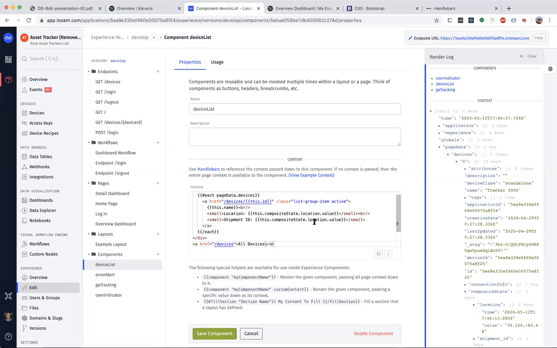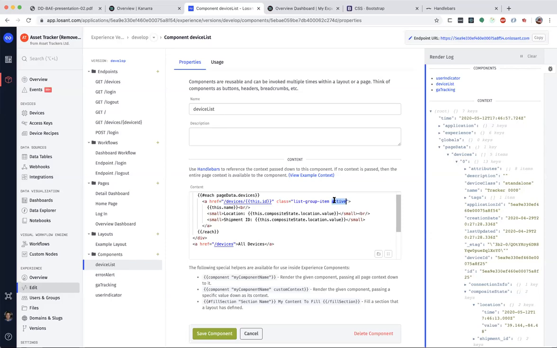And there's one last thing we need to do. The Bootstrap framework also included this active class for us that changes the color of the list item depending on whether or not it is selected, so the user can kind of tell where they are in your application. Right now, we're just rendering that all the time. We, of course, don't want that. We only want to render that when the user is looking at this particular iteration, this device in the iteration on the page.